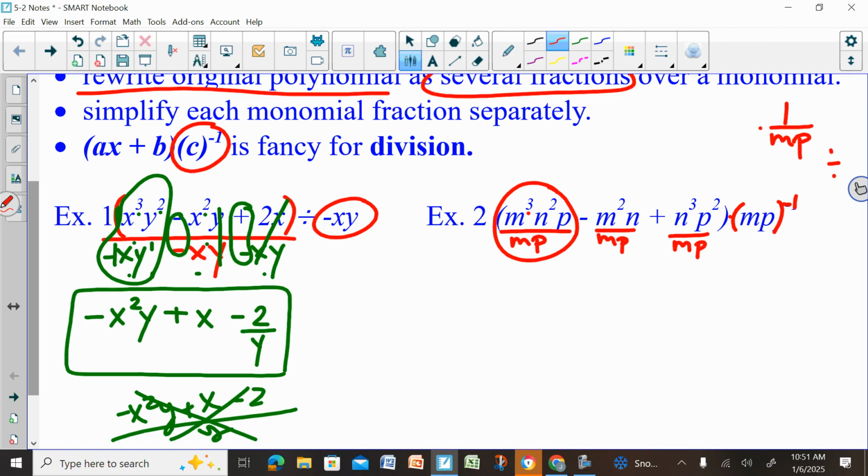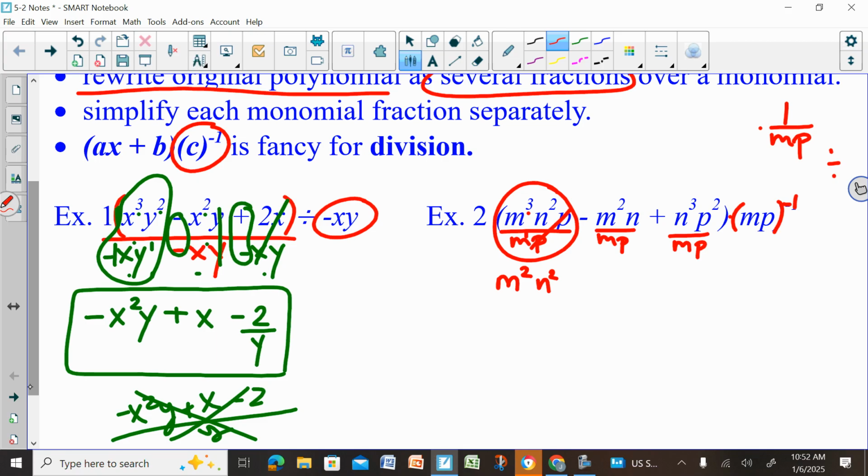I have 3 m's on top. I have 1 on the bottom. So the 1 would cancel, leaving me with 2 on top left over. I have no n's on the bottom, so n squared remains, and then the p's cancel. So that first term of the polynomial simplifies to m squared n squared, minus m squared n over